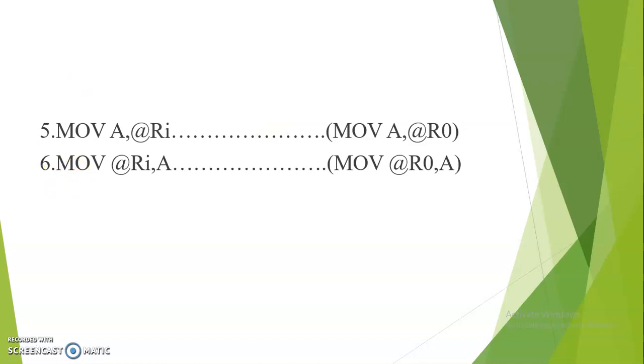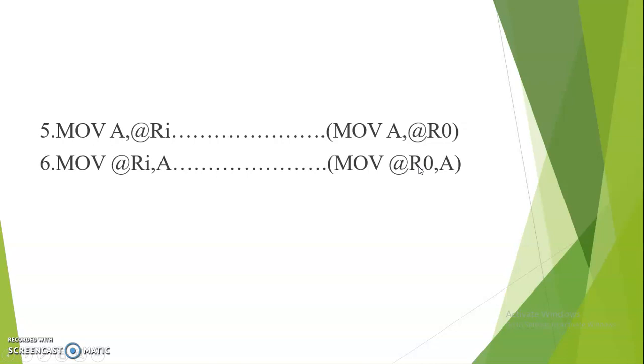instruction combination, that is MOV @Ri, A, and its example is also written by me, MOV @R0, A. What will this particular instruction do? This instruction will copy the contents of the accumulator to the memory location pointed to by Ri, and its example is MOV @R0, A. So this instruction will copy the contents of the accumulator to the memory location whose address is pointed to by R0 of the